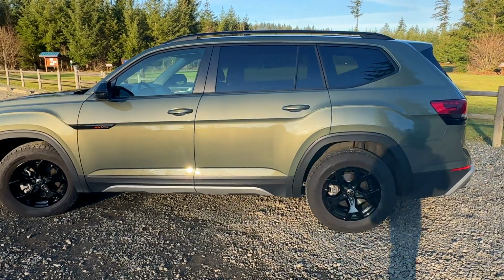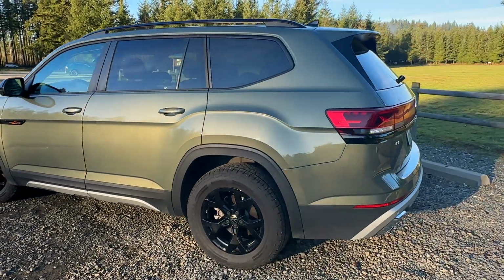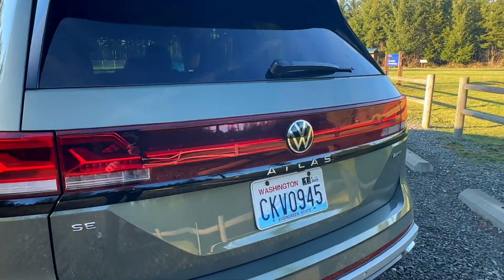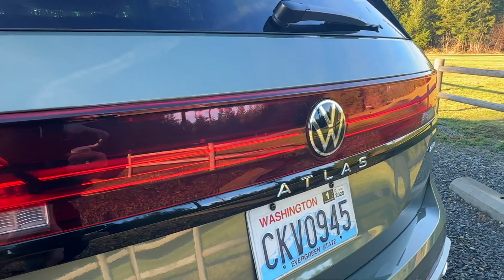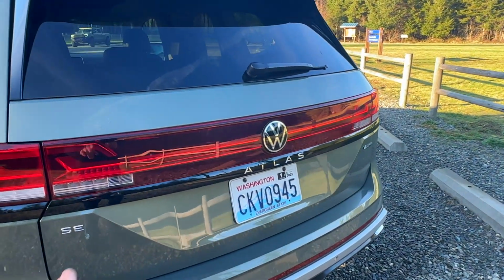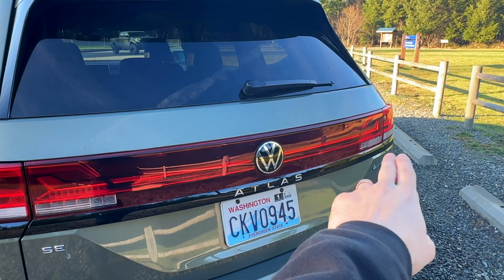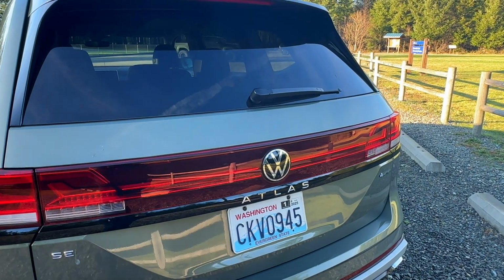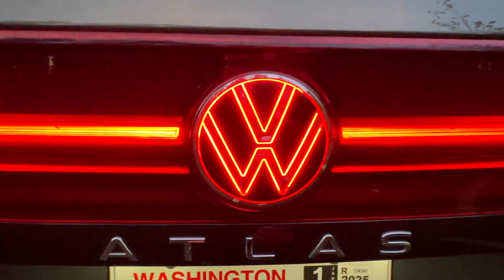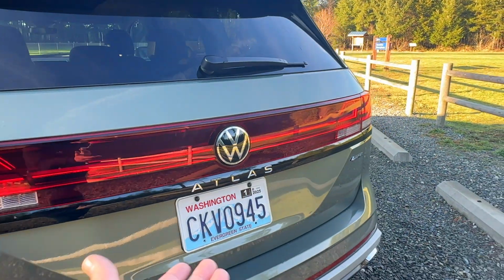Now moving on to the back of the Peak Edition. Now to the back of the vehicle, there's a few changes. Most notably is this black trim on the back going along the rear hatch. This rear light goes all the way across at night, which is actually a very nice look. I'll show it here. And then the Volkswagen logo in the back also lights up,